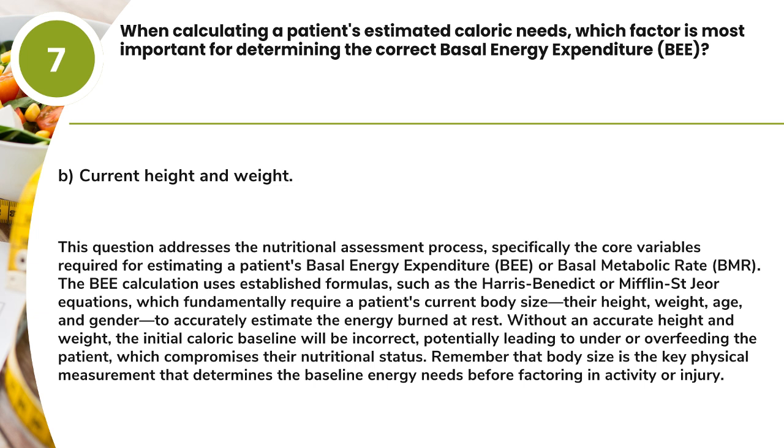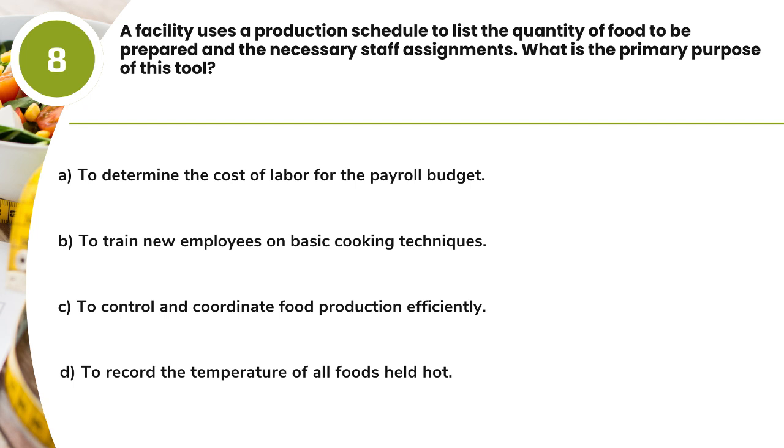Without an accurate height and weight, the initial caloric baseline will be incorrect, potentially leading to under- or overfeeding the patient, which compromises their nutritional status. Remember that body size is the key physical measurement that determines the baseline energy needs before factoring in activity or injury. Question 8. A facility uses a production schedule to list the quantity of food to be prepared and the